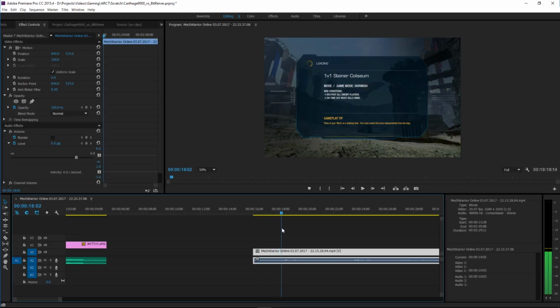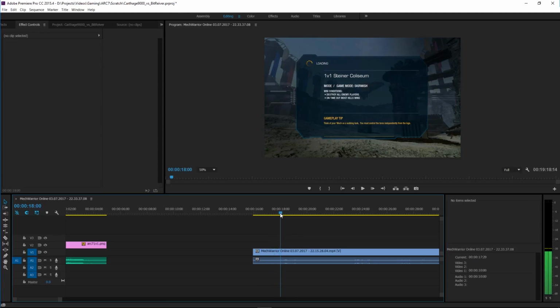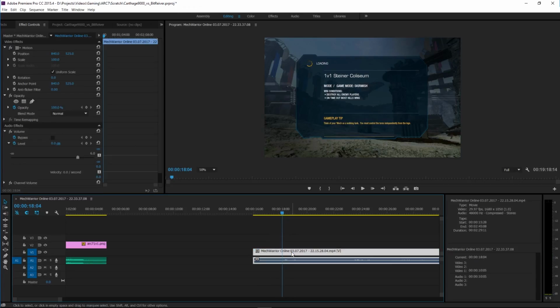So we know that we want the audio to return to normal when we get here. So what you can do is just drag your cursor to this point in time, click on the video, and then this button right here, add remove keyframe, will place a keyframe in this point in time. And again, you can zoom in here by pulling this in and out. Now what keyframes do is they're basically just setting a property's value at a certain point in time. So at any point in front of this keyframe, or behind this keyframe rather, my audio level is going to